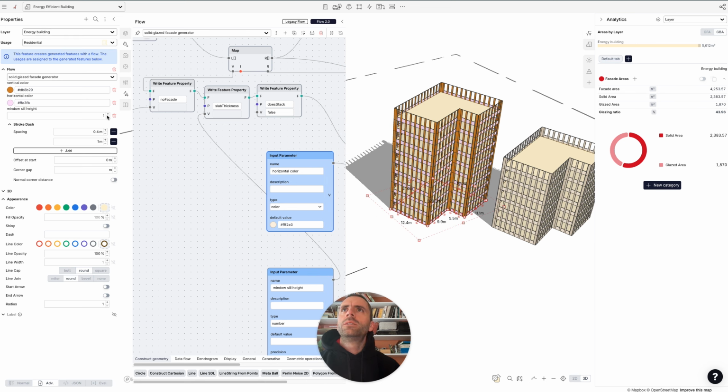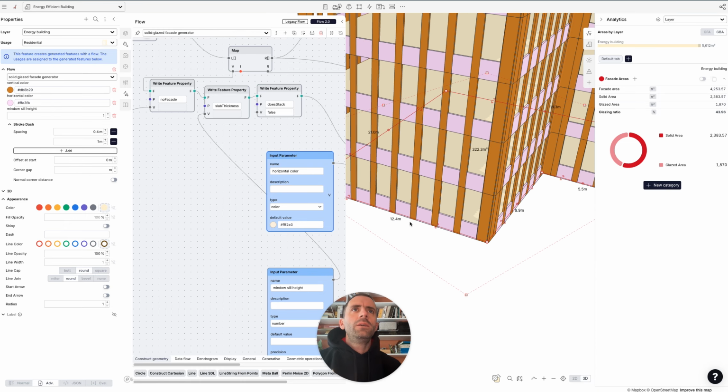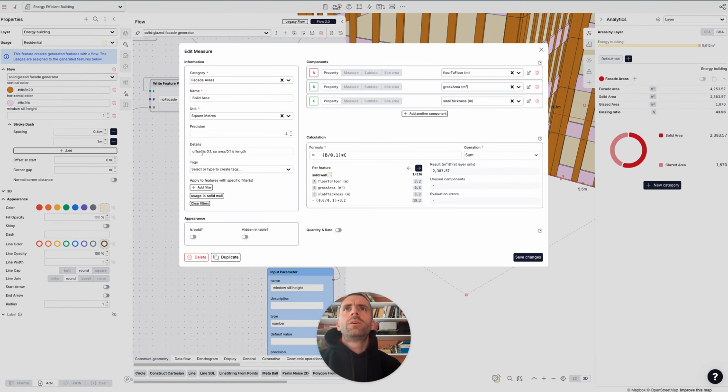It takes in this thing. Something that I could do as well, which I actually want to do, is change the vertical offset. So currently there's a hack that's happening here. So my solid area, right, because the offset is 0.1, so by convention set, the offset is 0.1, so the area of the facade in elevation is equal to the area of the facade in plan,